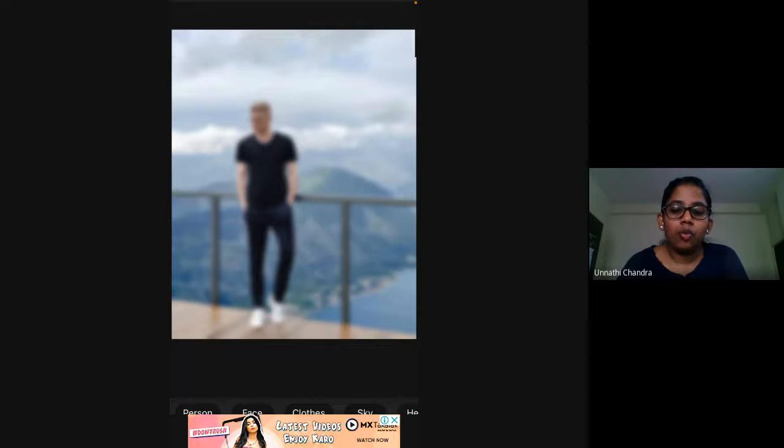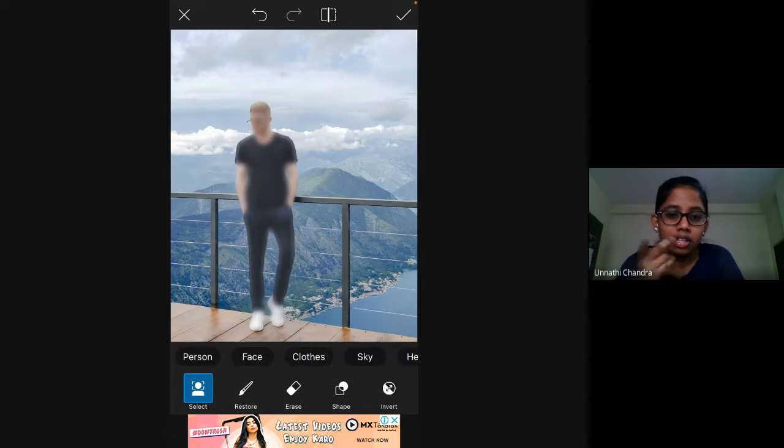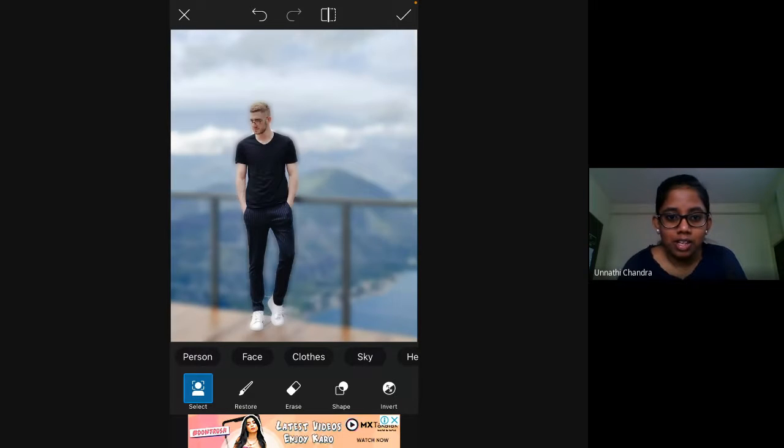And now if you want the person to be highlighted and the background to remain blurred, click on the person option. Here the reverse has happened. So click on the invert option. What it does is flip that. Now as you can see, the person is selected and highlighted and the background is all blurred out. And you can do the same to maybe face, clothes, sky.